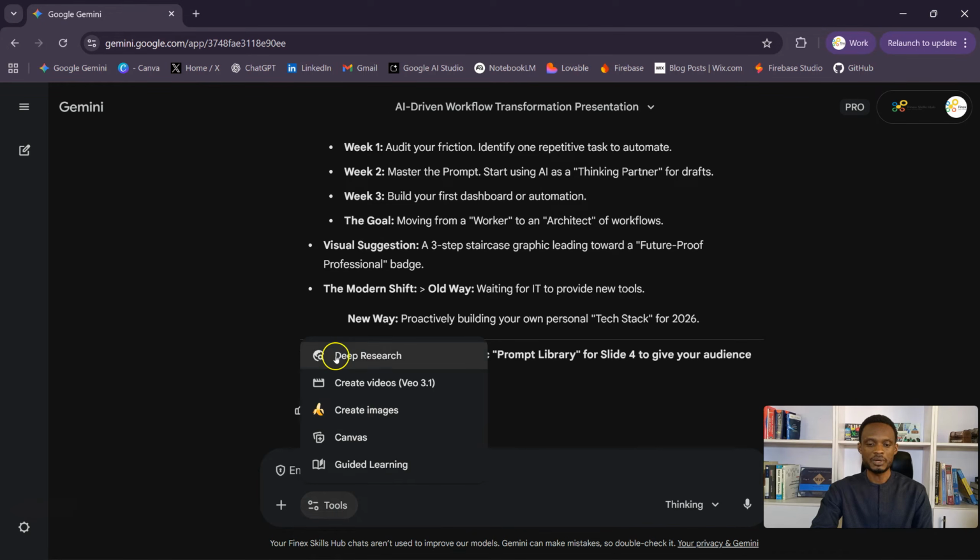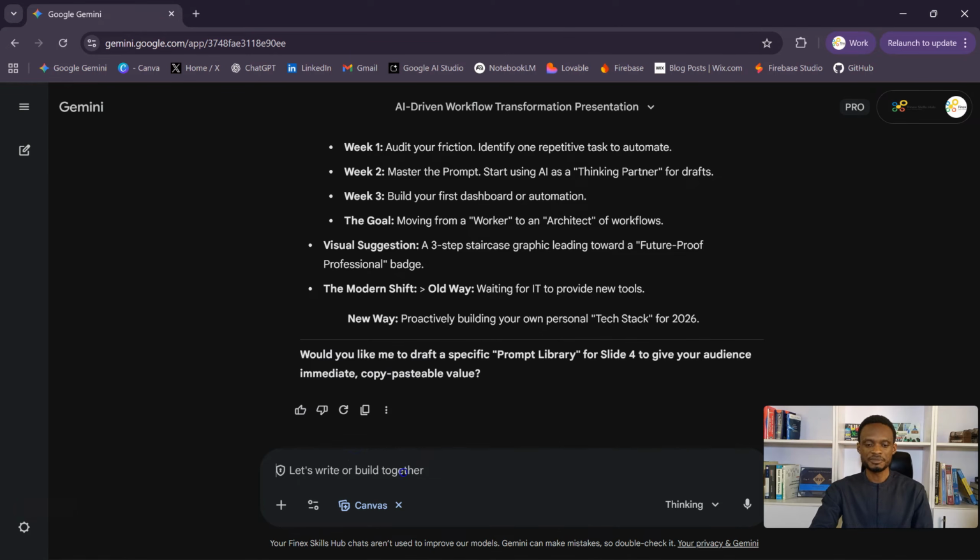We are going to use this canvas tool. It puts it in the coding environment, so it's able to build from scratch. It can build websites, it can build artifacts, including slide presentations. So we are going to activate the canvas, and then go ahead and ask it to turn the outline into a slide